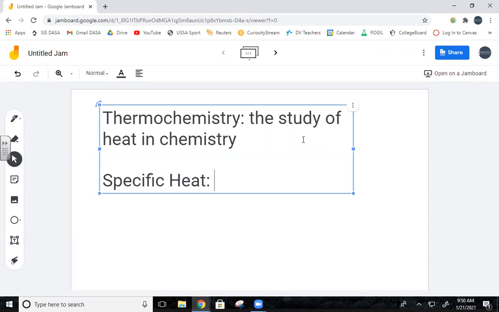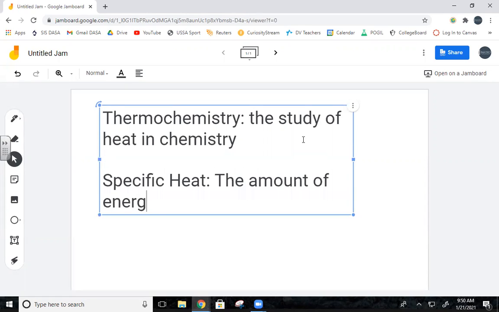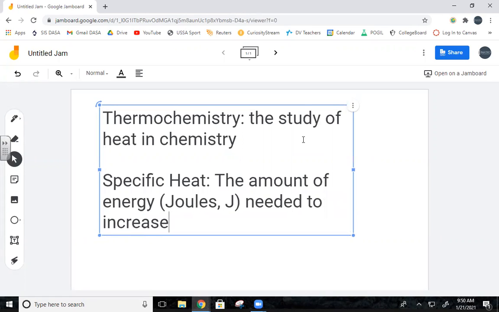Specific heat is the amount of energy needed, and we're going to use a unit called joules for the energy. It's also just an uppercase J, all right? Needed to increase 1 gram of a material